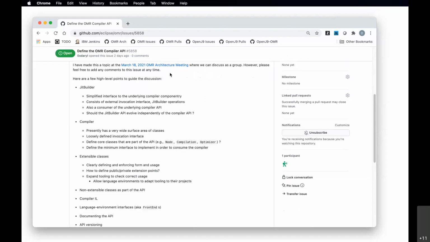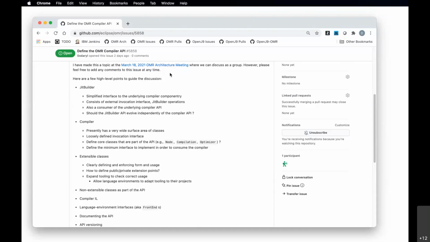So we've developed a simplified interface to the compiler called JIT Builder, which allows the JIT to be constructed a lot more programmatically, and it provides a number of ready-made components that you can put together in order to produce the kind of IL that makes sense for your language environment.